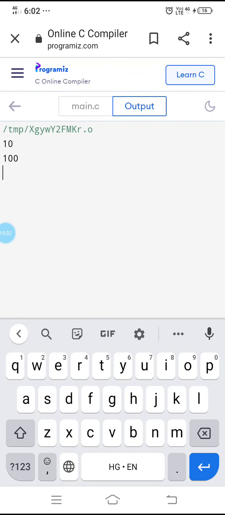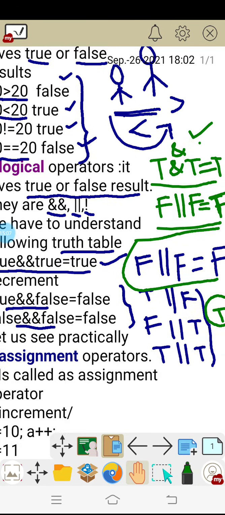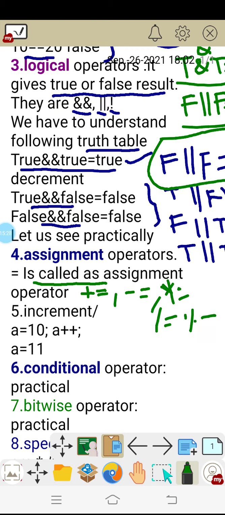These are the assignment operators. Equal to is called the assignment operator. The other assignment operators are plus equal to, minus equal to, star equal to, divided by equal to, and remainder equal to.